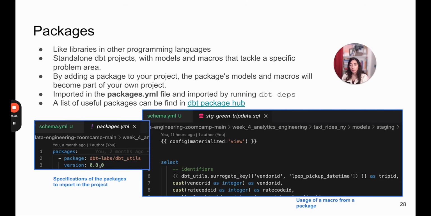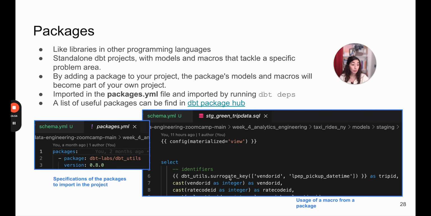And then one thing before we go there, the way I would call it is dbt utils. For example, here I'm importing, right, the dbt utils, and then I just call it dbt utils dot and the function or macro that I want to use from there. So we're going to see how to use packages for macros,